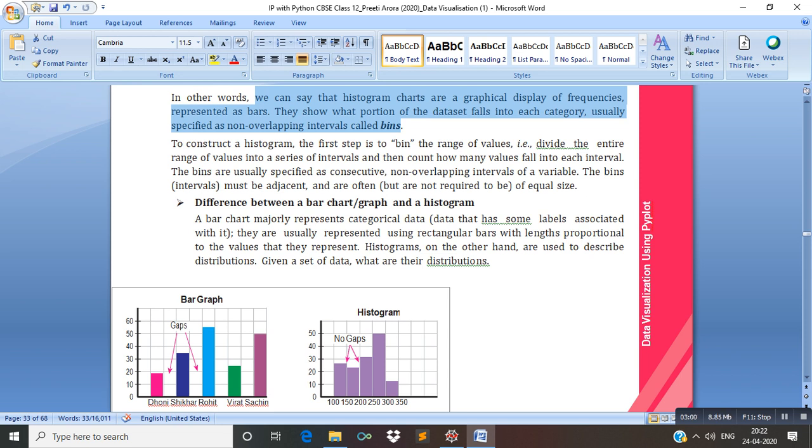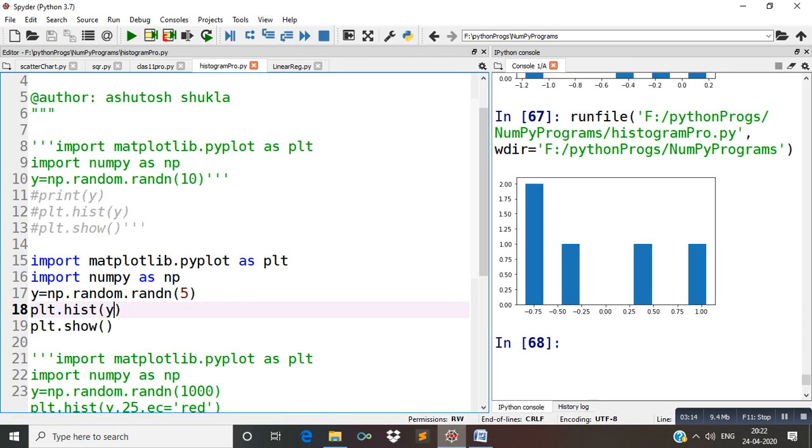Now I am going to execute some programs which can be used to form a histogram. So now I am going to open those programs. Now see this, beta. Can you find this screen? On this screen I have written a program which can be used to form a histogram. For this program I have taken 5 random values at line number 17.